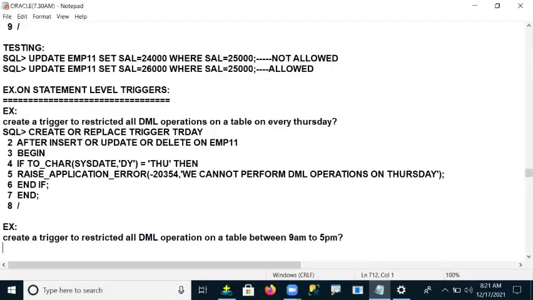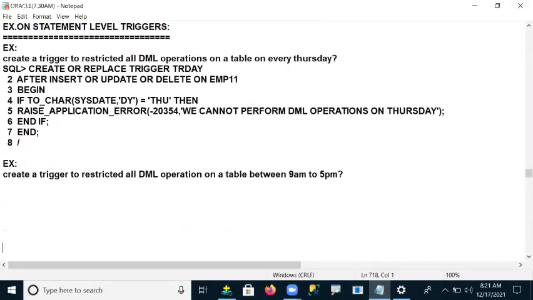I need to restrict my DML operations on a table between 9 a.m. to 5 p.m. So exactly in between 9 to 5, if a user tries to perform DML operations, then those operations are not allowed.